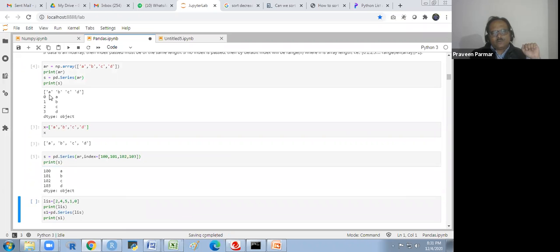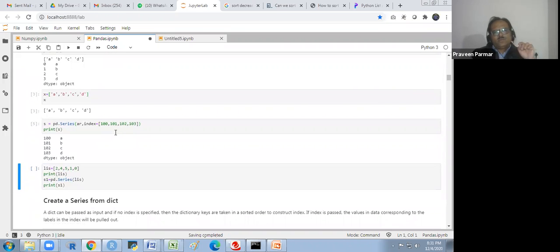The index has changed now. Got it? Is there any doubt? So through the array, you could convert the array into a series and you could re-index it. Does that make sense to everyone? Yes, sir.